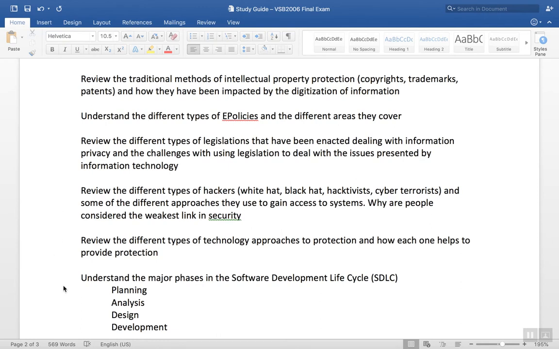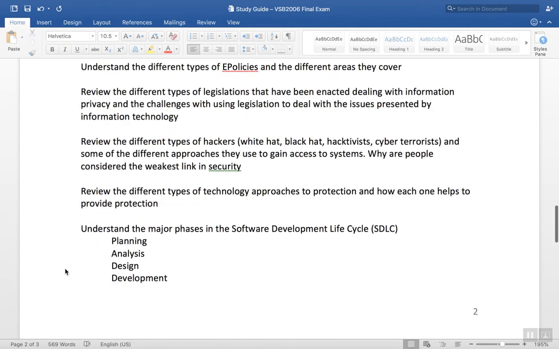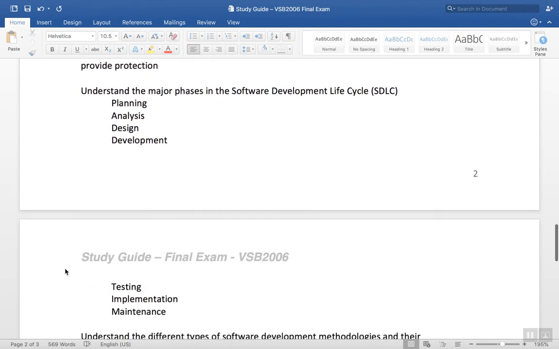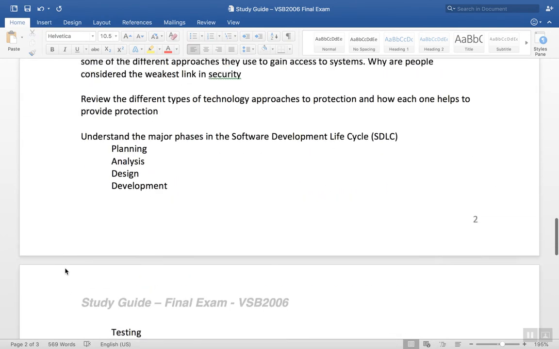Take a look at the slide deck. Talk a little about different types of technology approaches to protection, how each one can be used to help provide it. And then with Chapter 9, there's a couple of pieces we talked about with